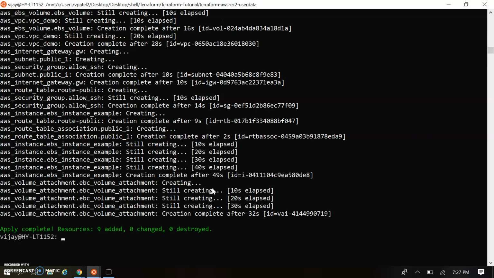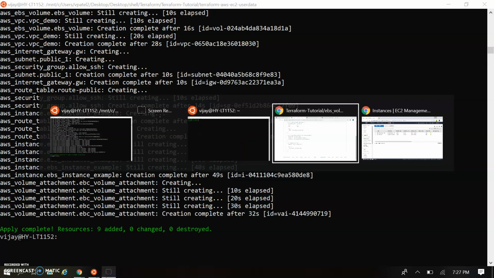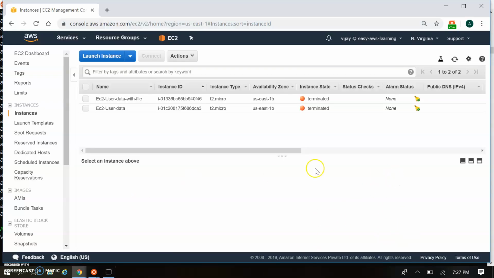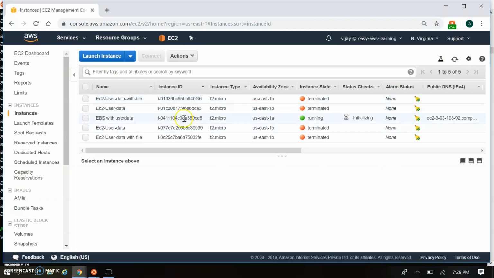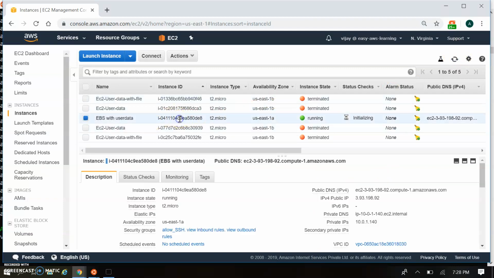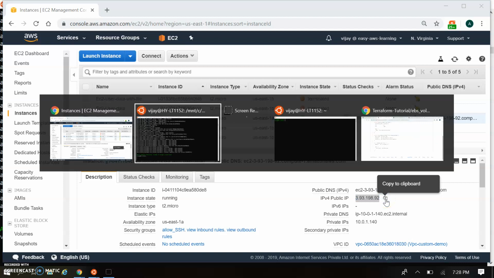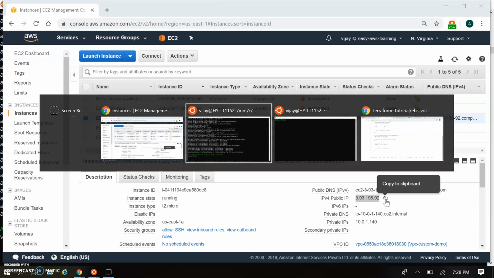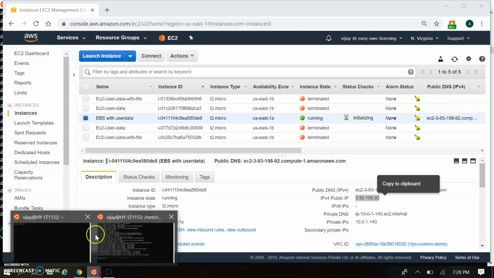So let's go to the console and get the IP. I'm just refreshing my console. Okay, so we have the EBS with user data instance, and it's in a running state. Let me copy this IP, and we have to connect to it, just for validation of the volume.